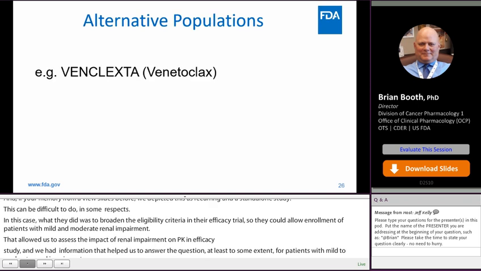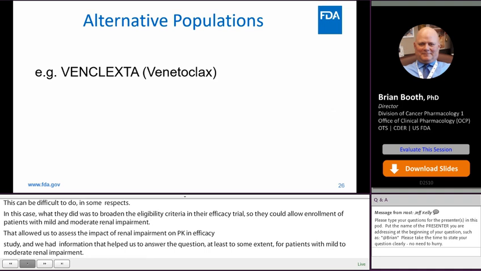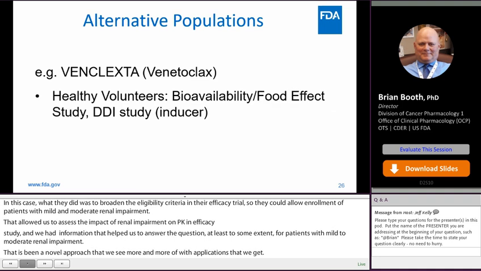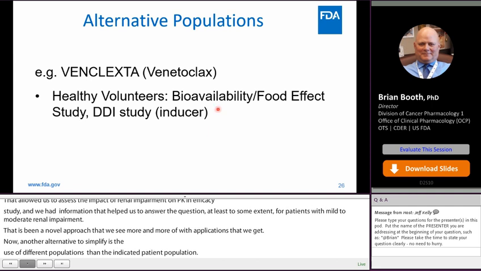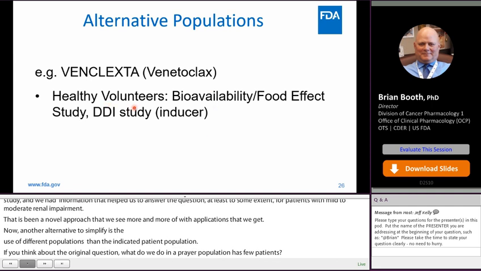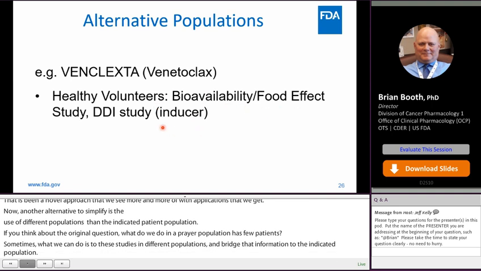Now, another alternative, as exemplified by venetoclax, is the use of different populations than the indicated patient population. So if you think about the original question, what do we do in a rare population that has few patients? Sometimes we can do these studies in different populations and bridge that information to the indicated population. So with venetoclax, we were able to do some of the studies in healthy volunteers. The bioavailability studies, food effect, and the inducer studies were done in healthy volunteers, and we could bridge that information